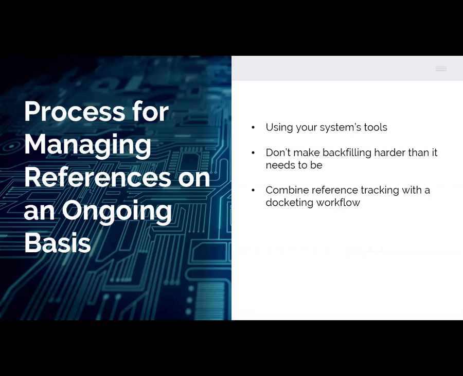Now, my last tip is then, once you've started using an electronic tool to track your references, you've either decided you're going to backfill or you don't backfill, but you've got it to the point that you're ready to start using it. My last tip is combine the tracking of references with your docketing workflow. So if you think about this,